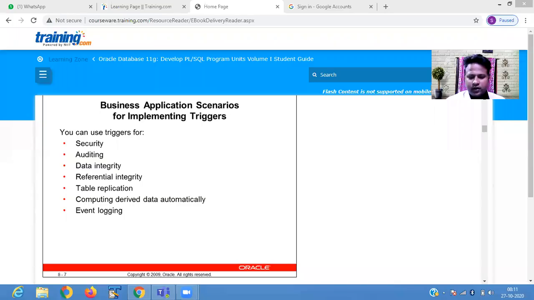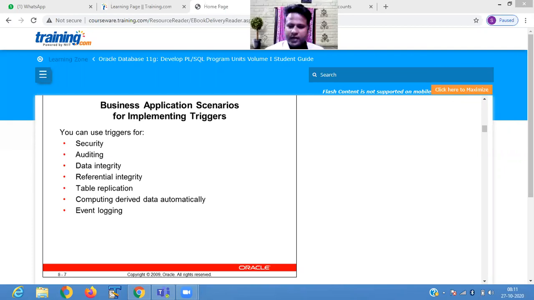You can use a trigger for security. For security purposes, you use auditing, to audit whether your application is receiving the correct data or not. You also use data integrity, for checking the consistency and correctness of your information.